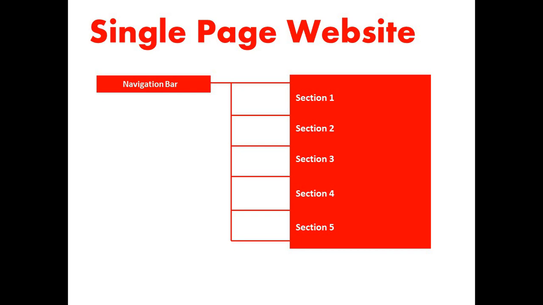So we are going to design a single page website in this class, but let me inform you of one thing: why and when we are going to use the multiple pages website and the single page website. The multiple pages websites are normally used when we have a large amount of data to fit in the website, so that if all those data had to be accommodated in a single page, the length of the page could be much longer, right?